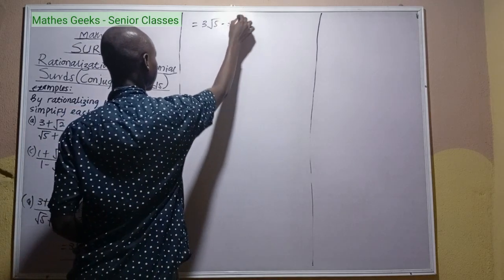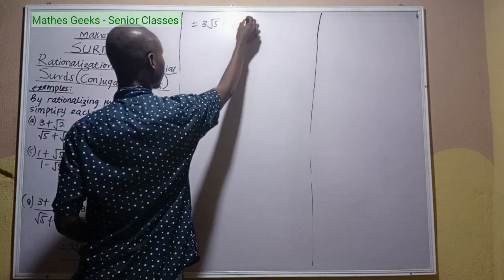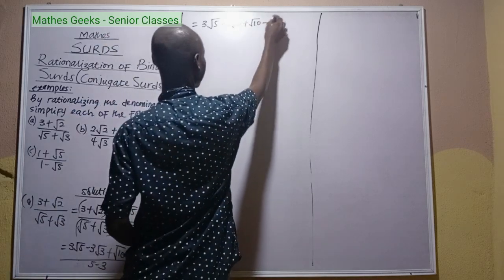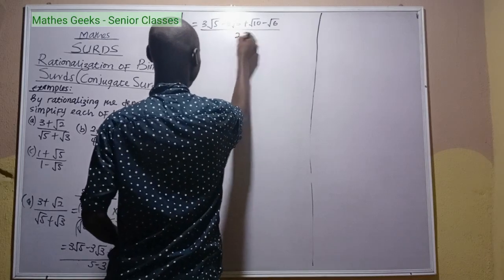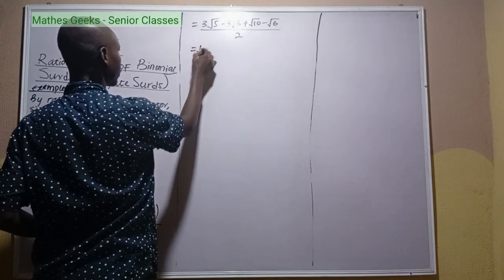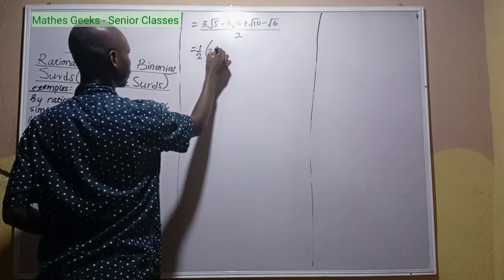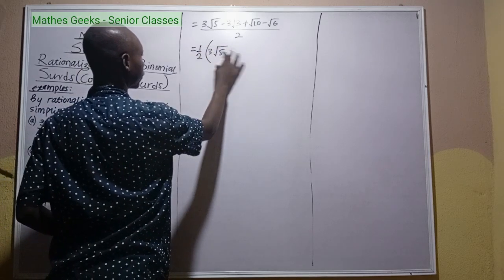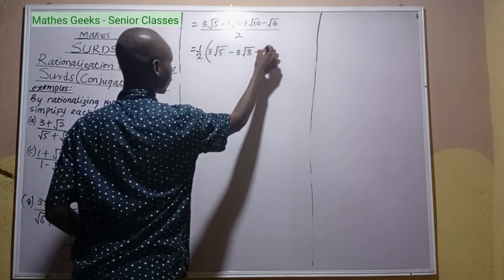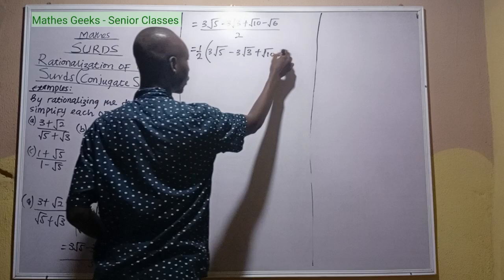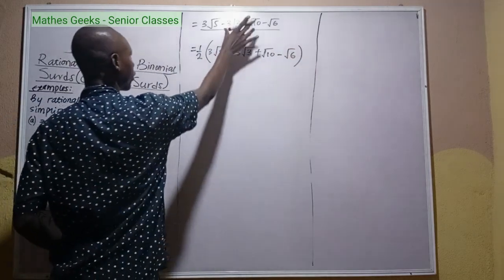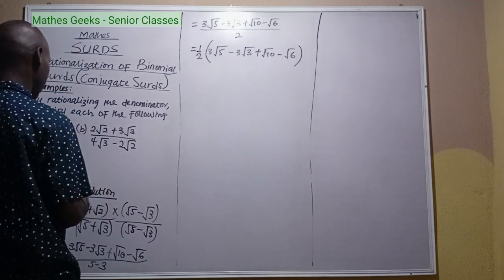minus 3 root 3 plus root 10 minus root 6 over 2. And you can also leave it like this. Since this is the denominator, you can bring it like this: 3 root 5 minus 3 root 3 plus root 10 minus root 6. It's simple. You can leave it in this form, or you can leave it in this form. That's A. So B,